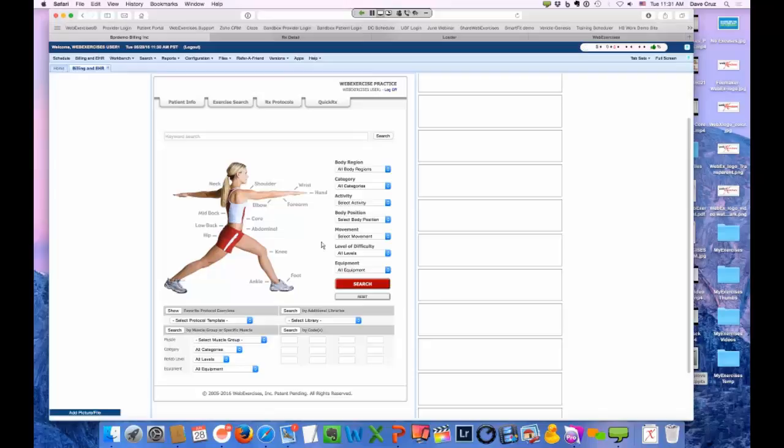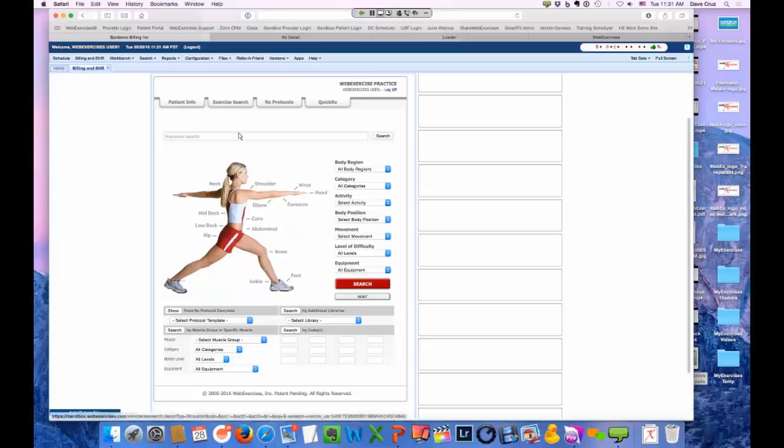And the only question I'll ask you, Dr. Cruz, is when you actually click that, when you sign up for the WebExercises account and it's connected to Genesis, are you able to email right out of that application? So right then and there, you can choose to send the patient that, and they'll get that?